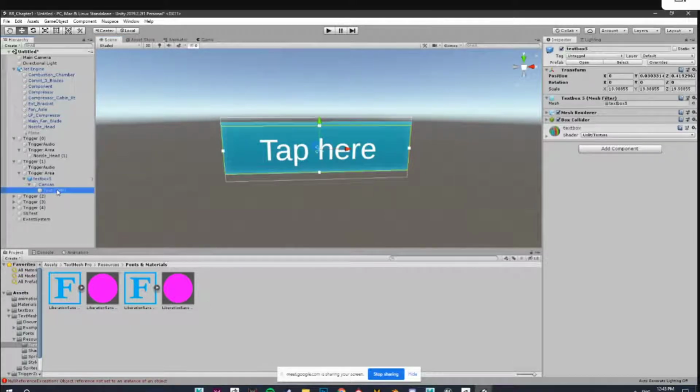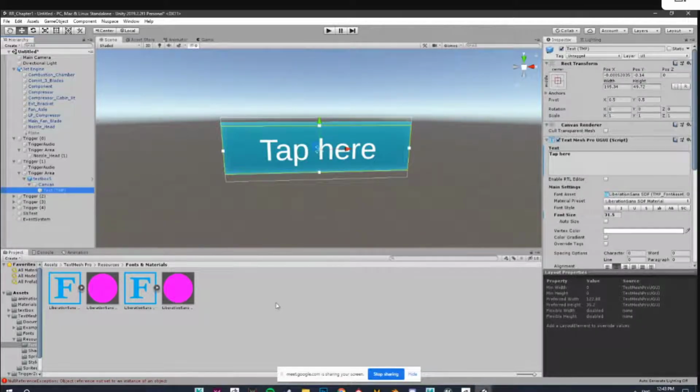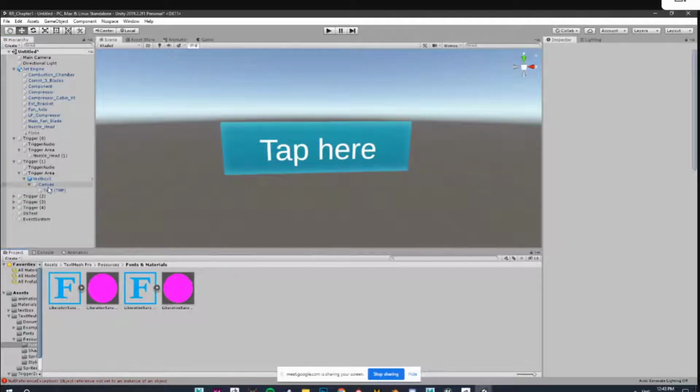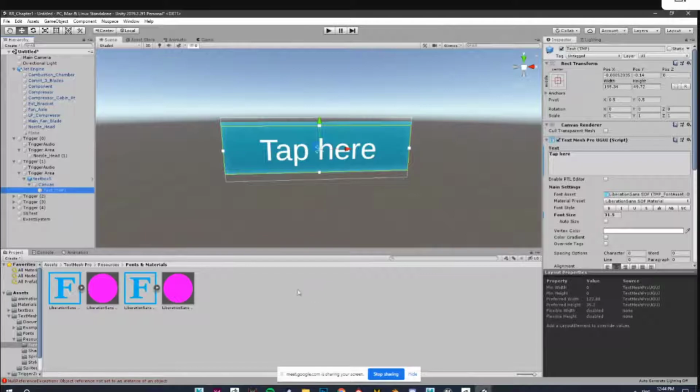Do we need to create the same for each and every project, or will it remain? You have to create a new font for each project. But these resources, Liberation Sans and Liberation Sans, are these fonts that you created? No, these are pre-made, and this came default with TextMesh Pro. So that's the answer, Sriram.